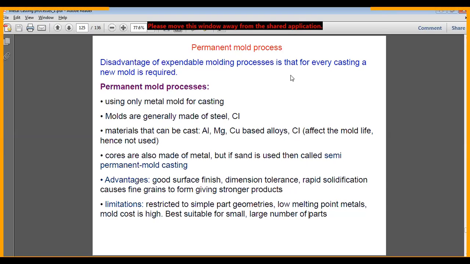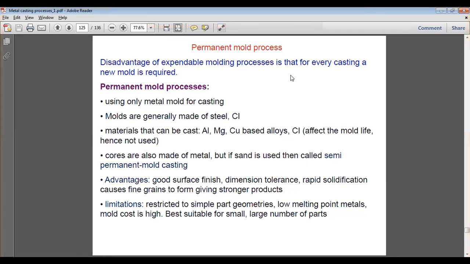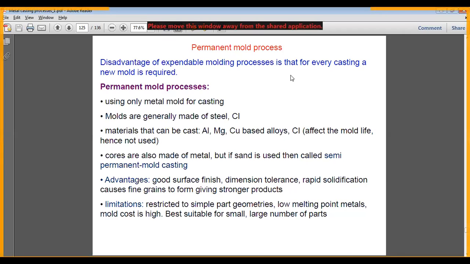Okay, so now we'll discuss disadvantages. What are the disadvantages? It is restricted to simple part geometries. That means we cannot make complex parts with a permanent mold. So we can cast simple part geometries, that means products that have simple and easy shapes can be cast by this. And also low melting point metals, which melt at very low temperatures, cannot be cast through